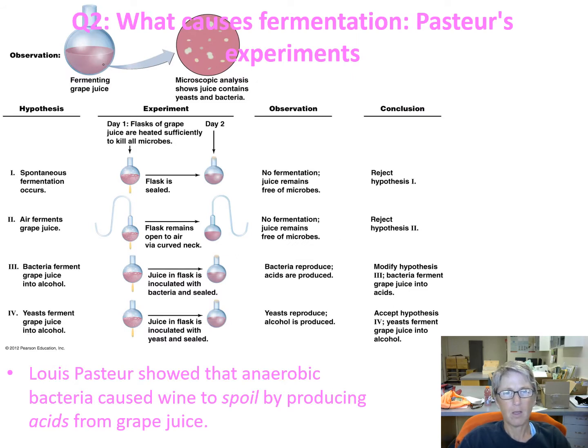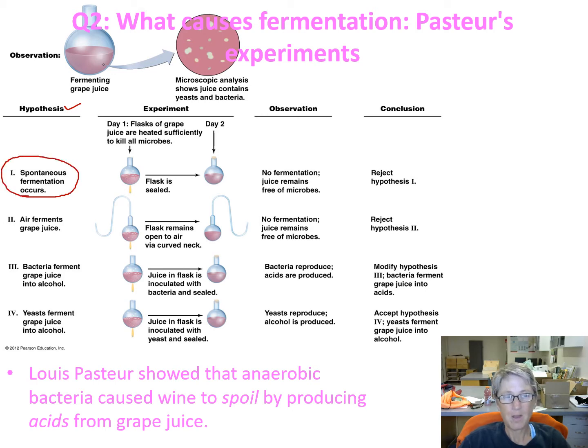So let's take a look at what causes fermentation, Pasteur's experiment. So here he's got his flask. Here's the fermenting grape juice. And if you do a microscopic analysis, this shows juice contains yeast and bacteria. So the yeast is actually what ferments the grape juice into wine, and then the bacteria can spoil the wine. So let's look. His first hypothesis is